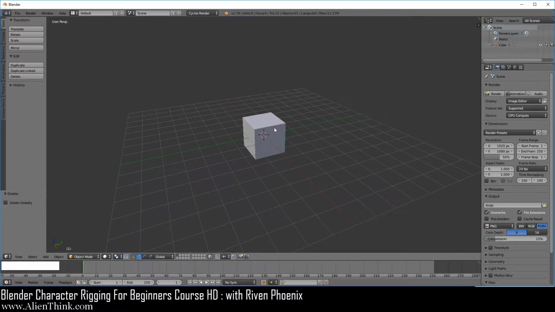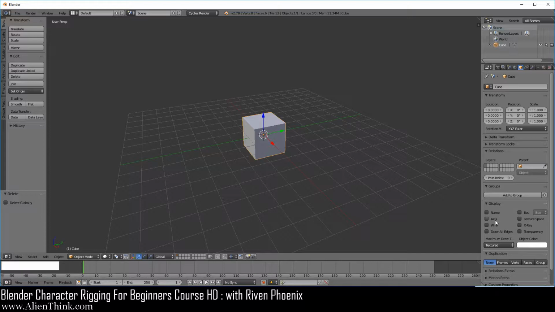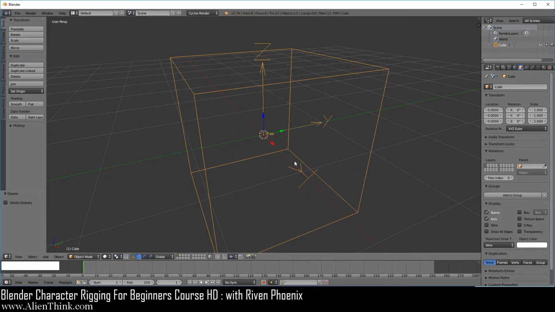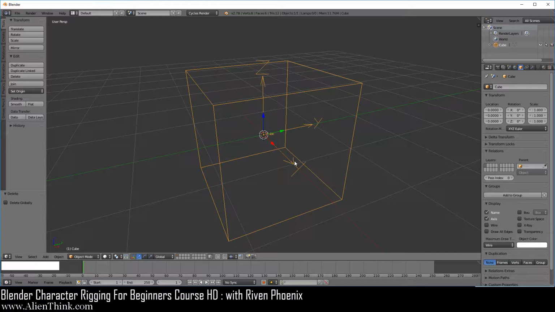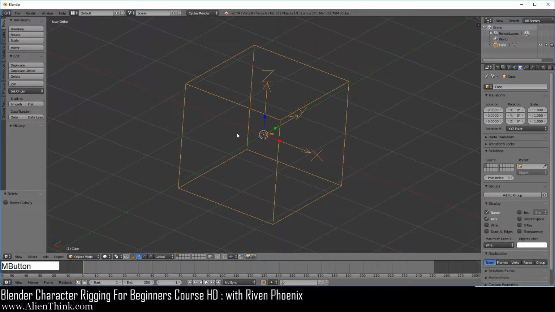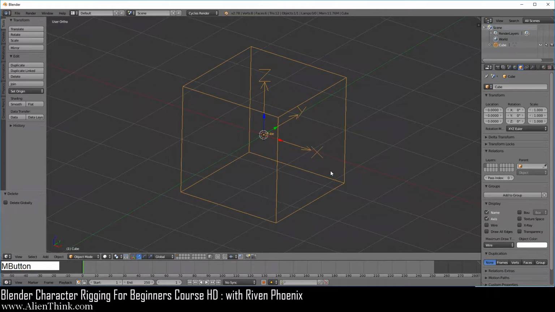Click on this cube and go to the Object tab, enable the axis and name, and let's switch this to wire. Now press the period key to home in on this. Go ahead and zoom out a bit and now press the 5 key to go back to orthographic view. Now what we want to do is actually go ahead and just rotate the view kind of like this first.